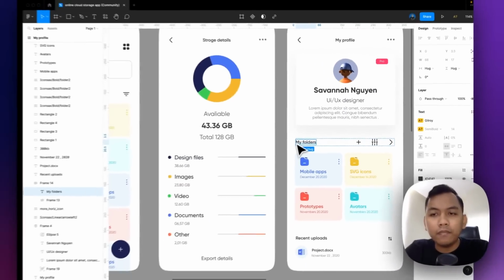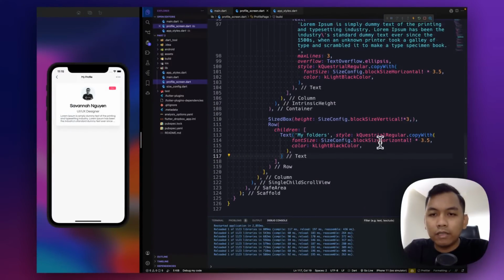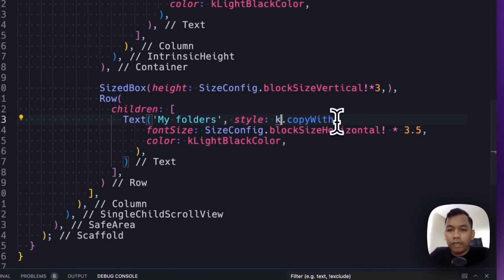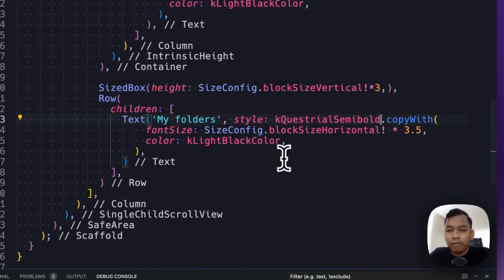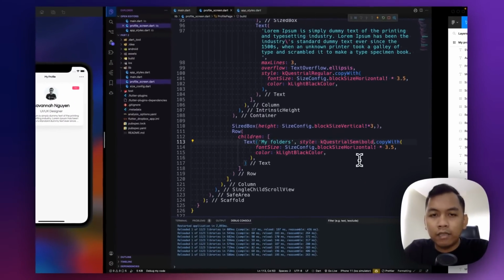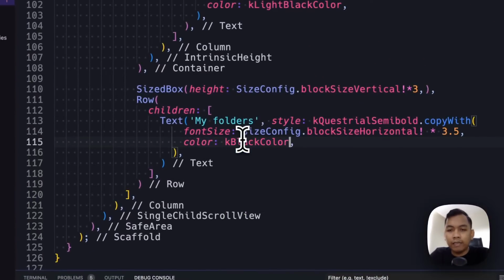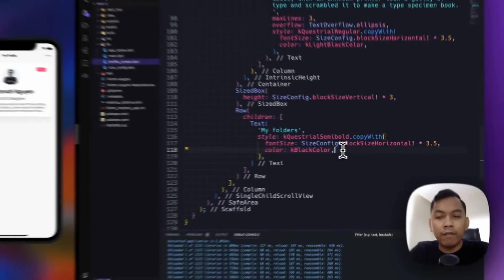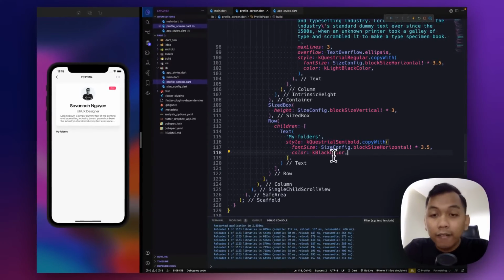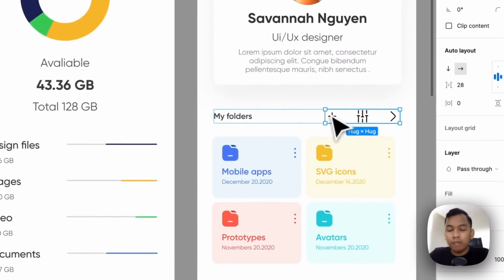14 semi-bold, so we use Questrial semi-bold 3.5. The color will be black. Black color. Boom, we have my folders. And the next, we will have a row widget again.